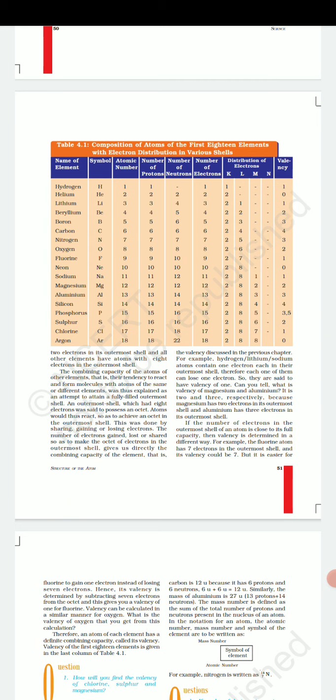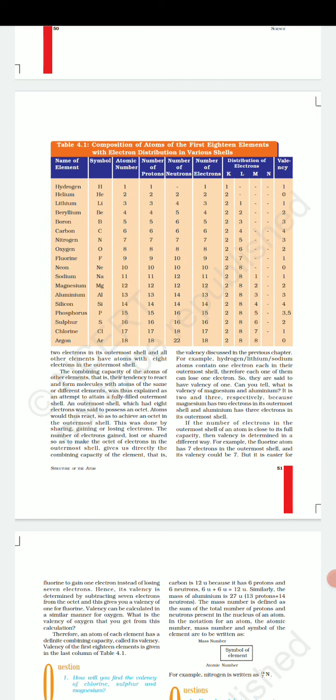When we go to sodium, the atomic number is 11. The first shell will comprise 2 electrons, then the next 8 electrons, and then 1 electron will go in the next shell. The 1 electron which is left behind will go to the M shell. Similarly for magnesium 2,8,2, for aluminium 2,8,3, for silicon 2,8,4, then for phosphorus 2,8,5, sulfur 2,8,6, chlorine 2,8,7, and then argon 2,8,8.